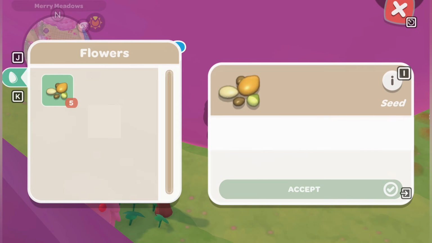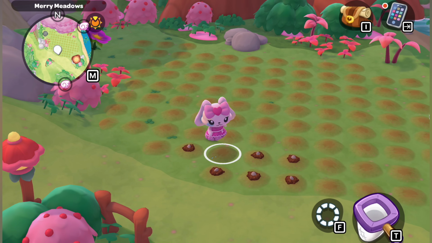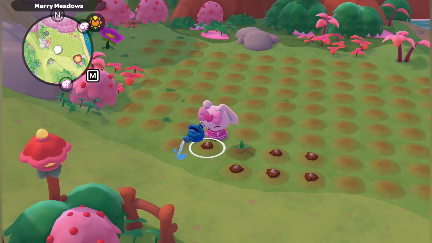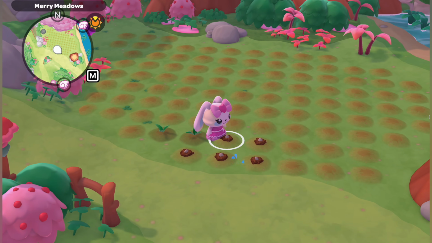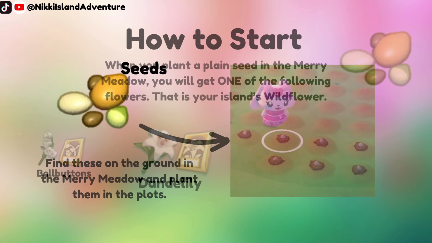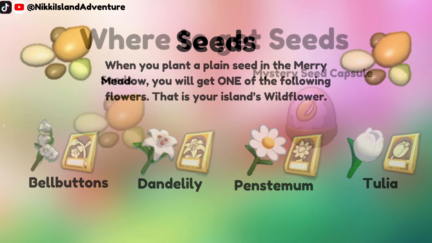When you walk up to the plots, you will be able to interact with them. Here, you can plant those plain seeds into each plot. Make sure to water your seeds after you plant them. And for these first seeds you plant in the Merry Meadow, you will only get one type of the 4 default flowers as your island's wildflower. In the Merry Meadow, the default flowers include the Tulia, Penstemum, Bellbutton, or Dandelily, so one of those will be